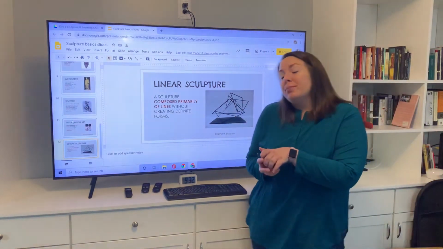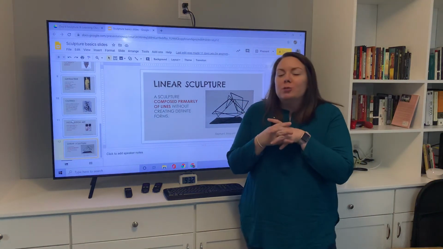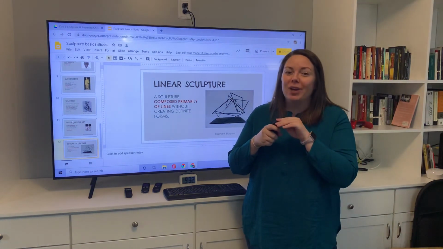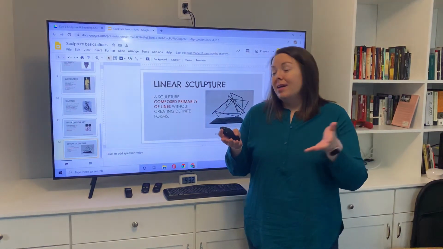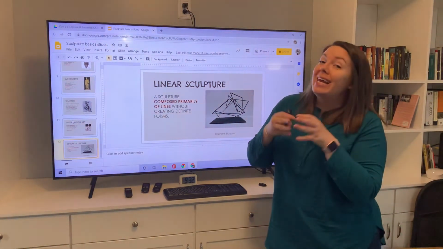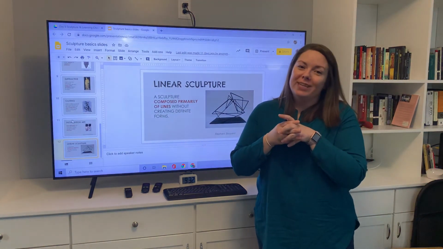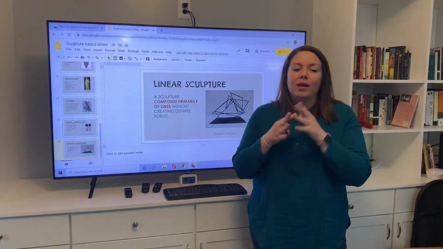We usually get to play with Play-Doh and make these sculptures ourselves in class, but we don't get to do that virtually. But sculpture is really cool. Hopefully when we're in class, hopefully soon, because everybody's going to wear their masks, we can play with Play-Doh and make